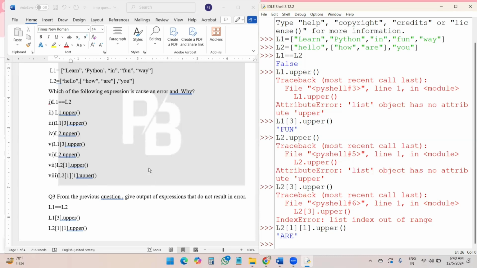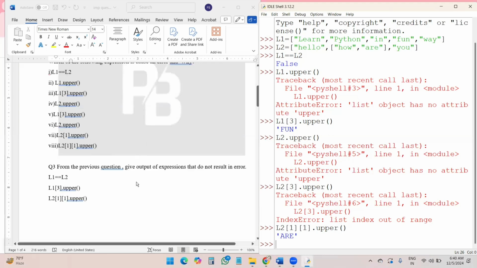We discussed already all the 8 expressions from question number 2. Some of the expressions cause an error, and I also discussed the reason why. And some of the expressions display output, that also we discussed.